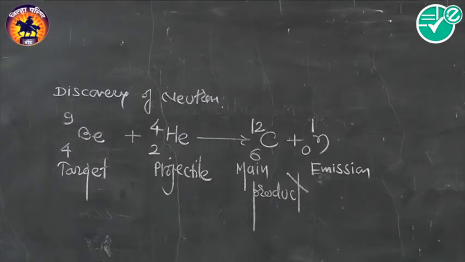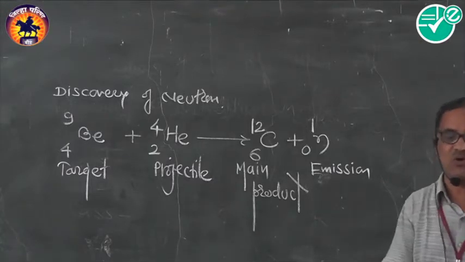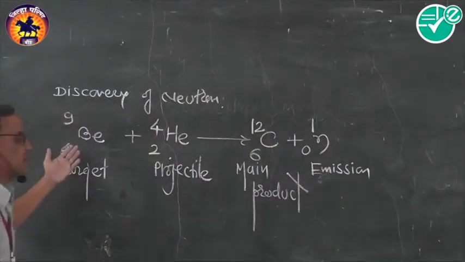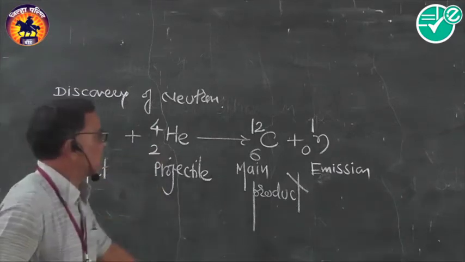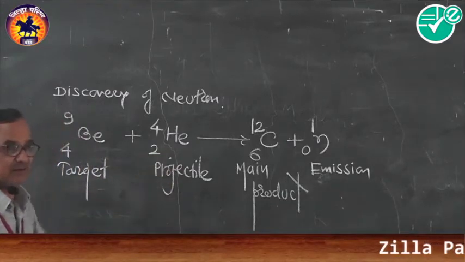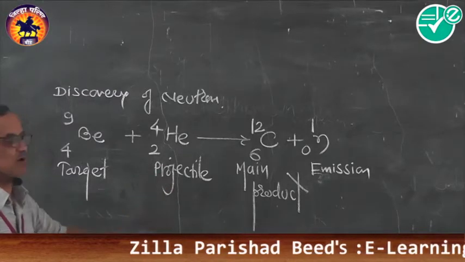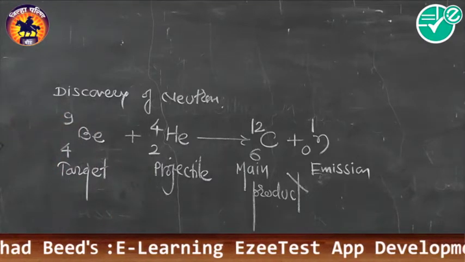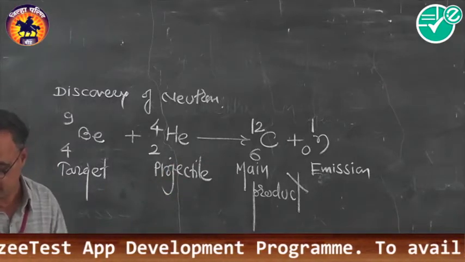The particle which is given out during artificial transmutation or artificial radioactivity is called emission. So this is the example of artificial transmutation, that is one element, beryllium, is converted into a non-radioactive element, carbon, with the help of a fast moving projectile. Hence such a type of reaction is called artificial transmutation, and during this preparation of synthetic elements, neutron is discovered by